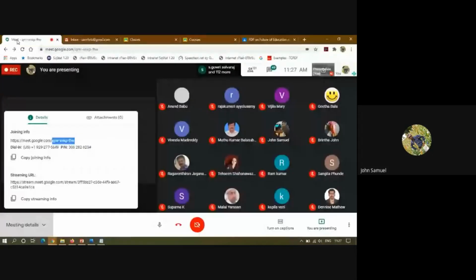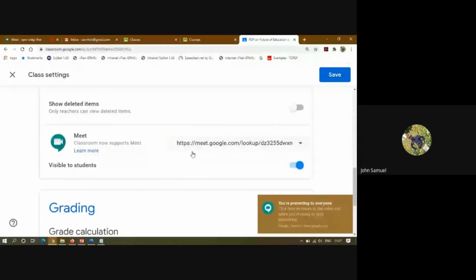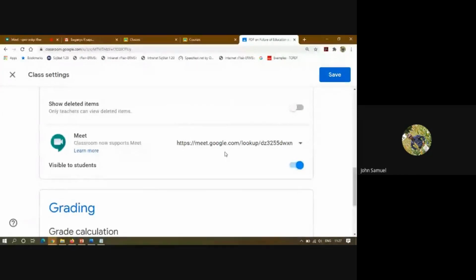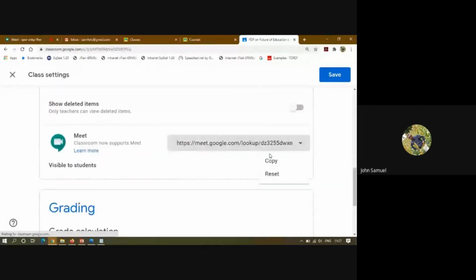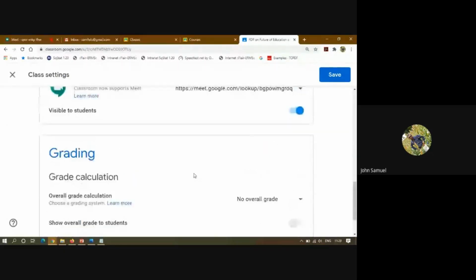So this is a thing which is especially dedicated for the classroom users only, right? Here the meeting code will be generated according to this link and according to the timestamp which we are going to use. I will show it in the later part. Right now I am resetting it to a new Google Meet link, and I am making it visible to students so that our students can join the live classes. Right. So this is under the general menu.